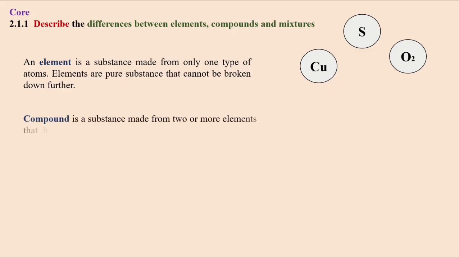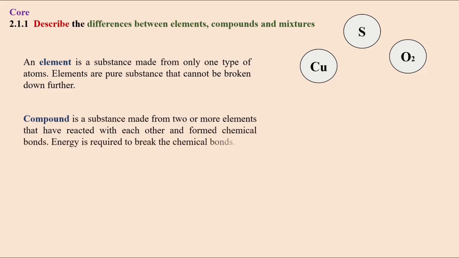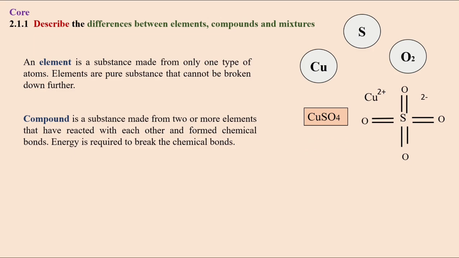A compound is a substance made from two or more elements that have reacted with each other and formed chemical bonds. Energy is required to break the chemical bonds. Copper sulfate: this copper sulfate compound contains copper ions and sulfate ions that are chemically bonded, and energy is required